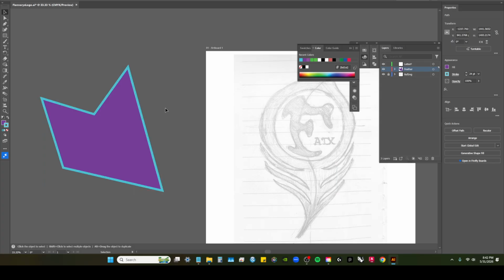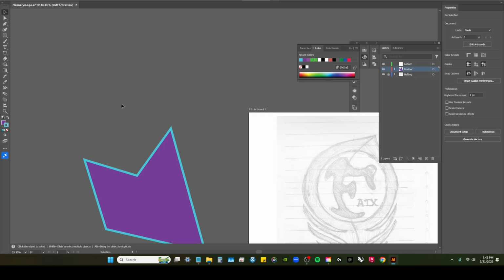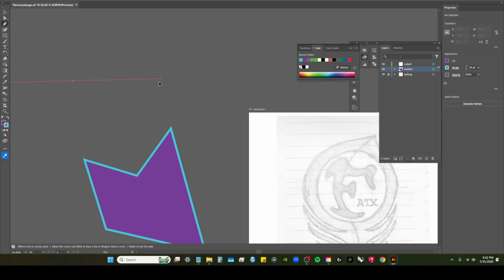So the strokes and fills, really important to know in Illustrator. But if I wanted to do curves, I would tap P for the pen tool and I will click and drag. I will hold down my click. So now I'm holding down a click and I got these weird handles. These are called handles. And what it's about to make, if I let go, now it's going to want to make some weird curve. So these are called Bezier curves based on the math that's going into this input and